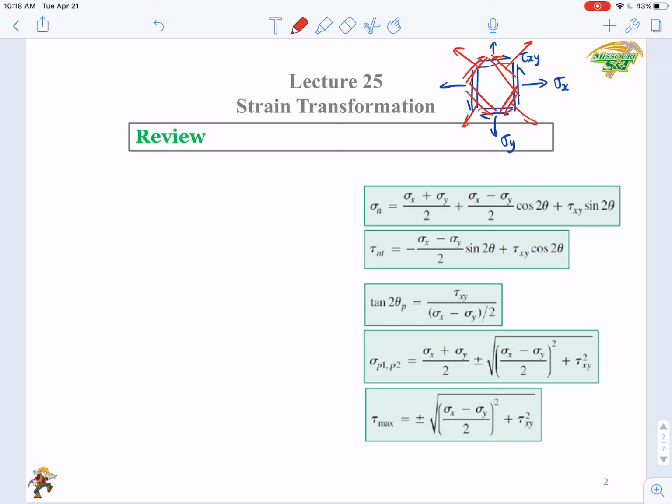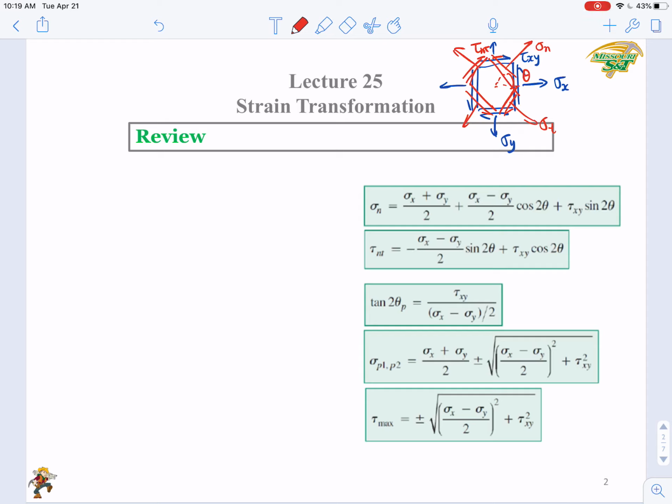Okay, here is sigma n, sigma t, and tau nt. Okay, and here you get an angle that is theta. Okay. So this is the stress transformation from sigma x, sigma y, tau xy to sigma n, sigma t,